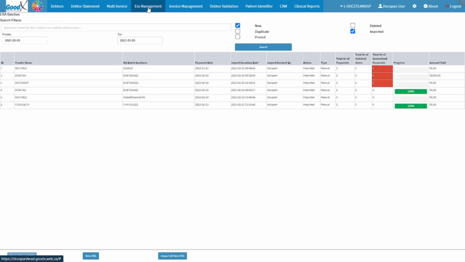An overview of the fields found on the ERA Management screen will be given. The user is able to search for the ERAs by using the search filters. A search can be done by using either the desired medical aid number or medical aid scheme. Set the date from when the user would like to have the ERAs filtered from. A date picker will open once the From field is clicked on, where the user is able to select the